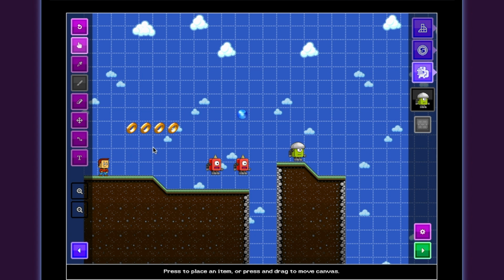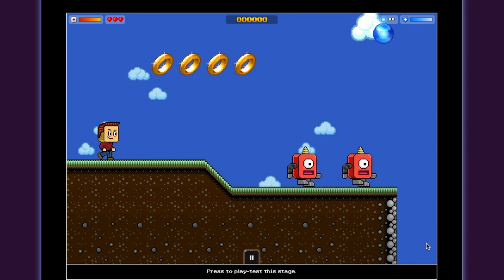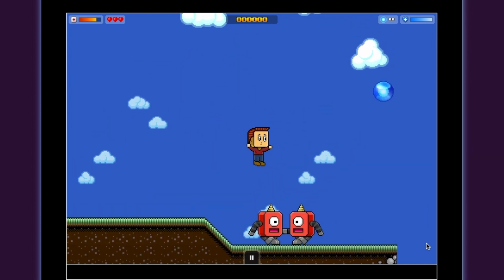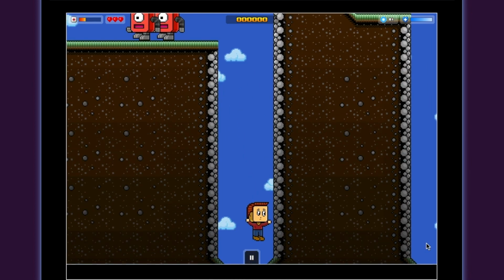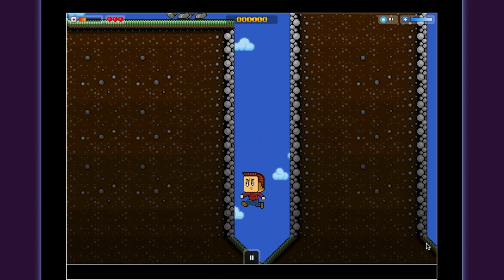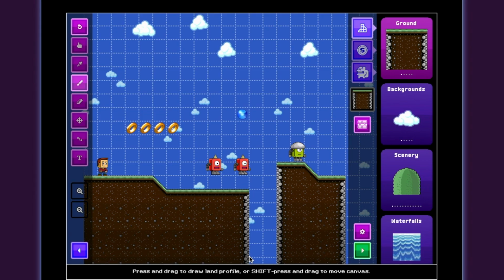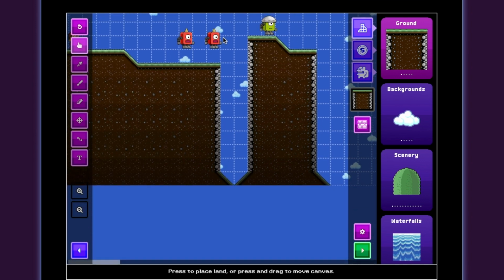Okay? So now I'm gonna need to make sure that this is all working out so far. So if I wanna check this out, I just have to press this green arrow and I can start playing my game. Oh no! Oh, that's a problem. Now, I see that I'm stuck. That's not gonna work. So now I need to go back and I need to drag down here and I